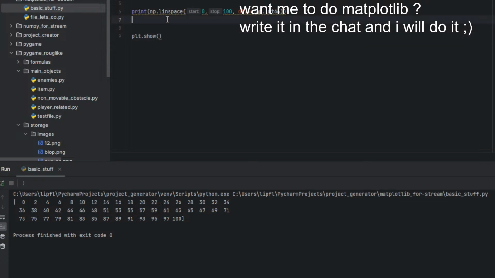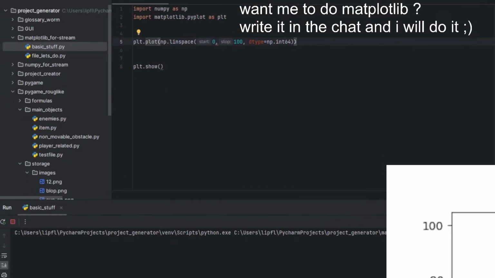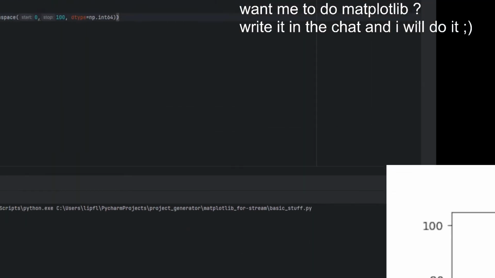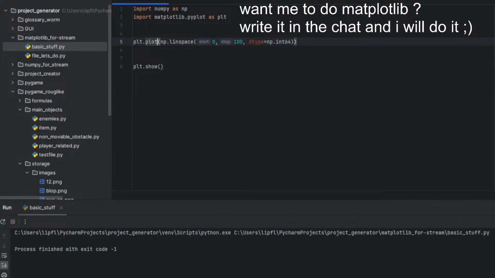We can now try to plot it. plt.plot this one. If we run it, we will get a simple graph like this. Pretty easy. But this is kind of the basic stuff regarding Matplotlib.